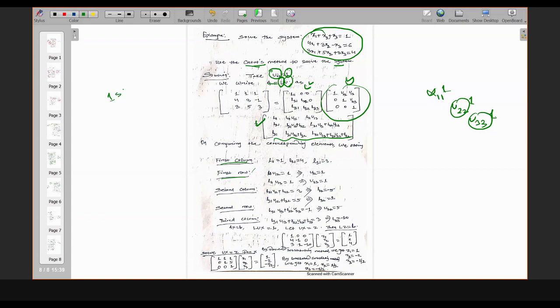Okay, this is step 1, then step 2, then this, then step 3, second row, then second column. Now you remember, otherwise you can't find the values for all the elements. So you have to remember in which sequential order you have to follow.